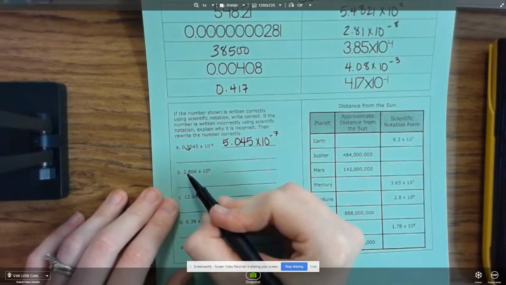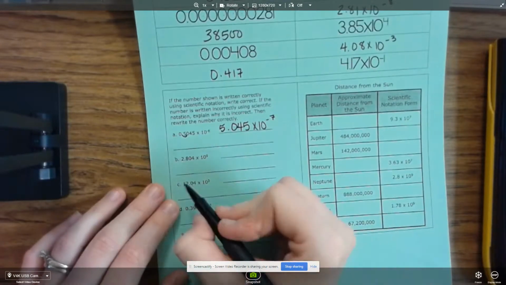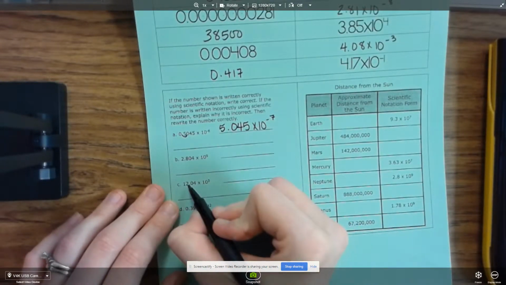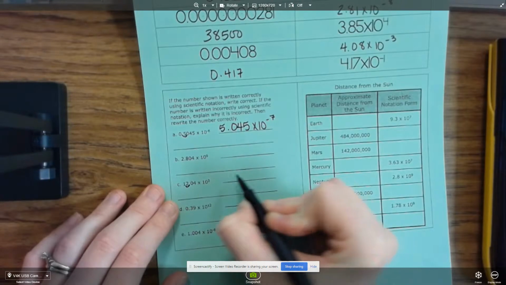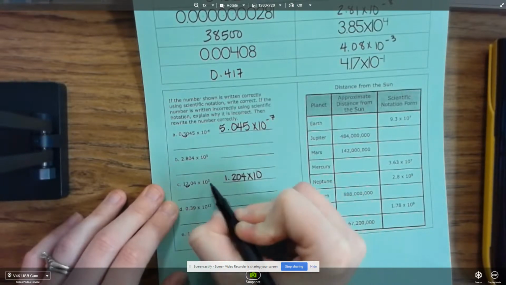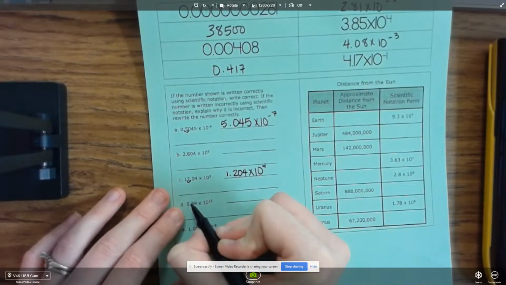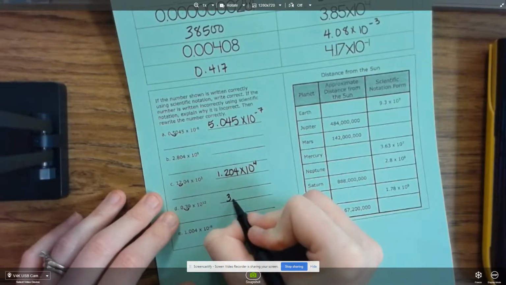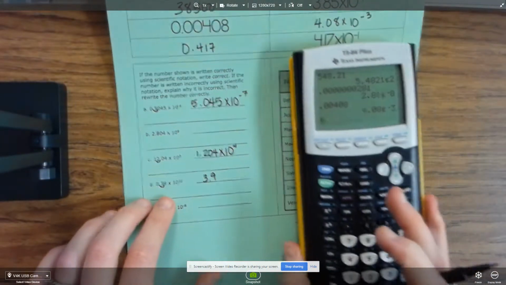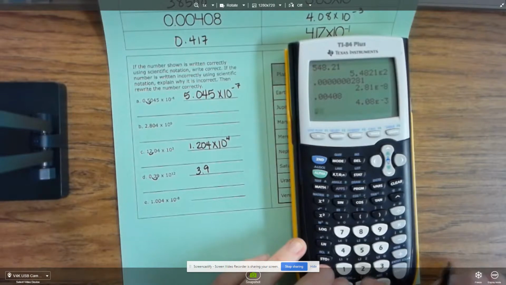So this one's written correctly. The decimal's in the correct spot. This one is not written correctly. It needs to be there, the decimal. And so again, I have to change the exponent if I rewrite it. Same thing here, the decimal is not where I need it. So just to kind of show you what happens,